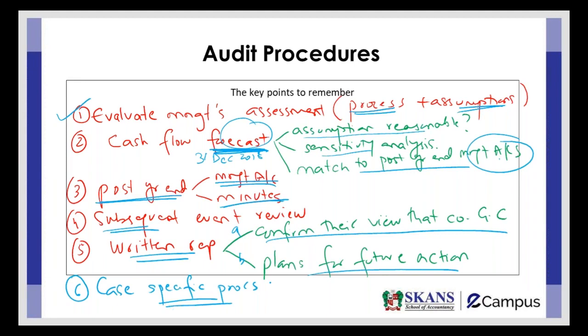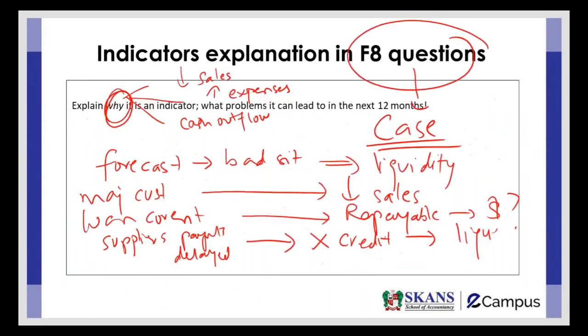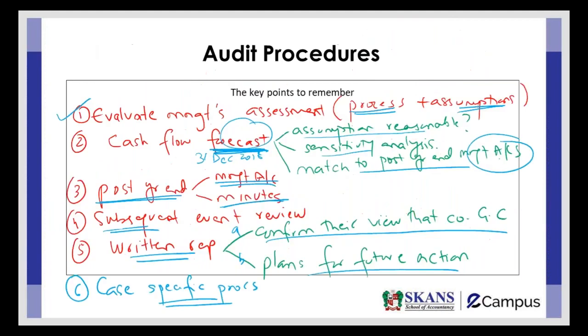So for example, if the indicator is loss of major customer, my procedure would be inquire from the management, have they found more customers? If it's loan covenant, my procedure would be inspect the agreement to confirm how much or whether all of it is payable or not. If it's the supplier who is upset, I can check the correspondence to determine whether they are actually going to withdraw cash or not. So if I go back over here,